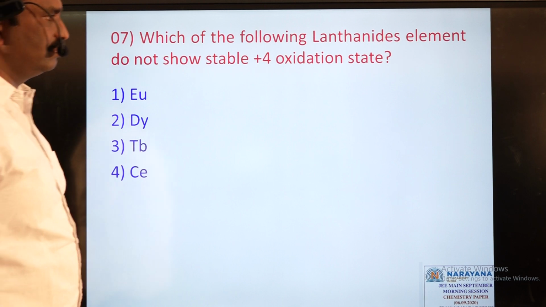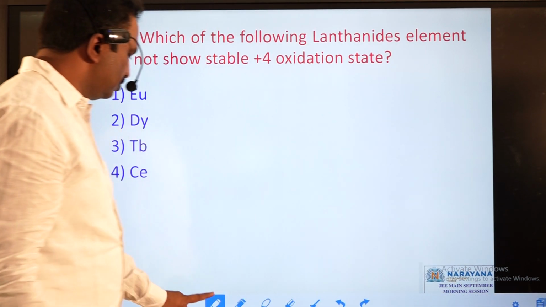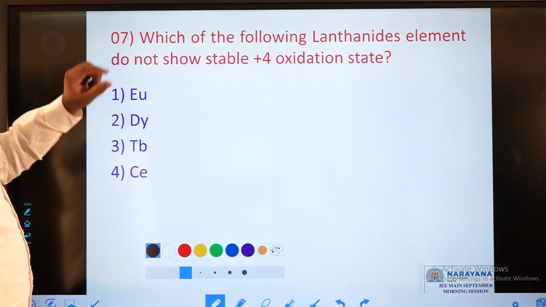Question number 7. See, in the case of question number 7, which of the following lanthanide elements do not